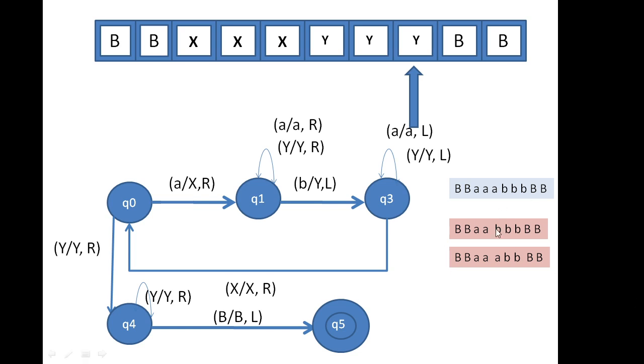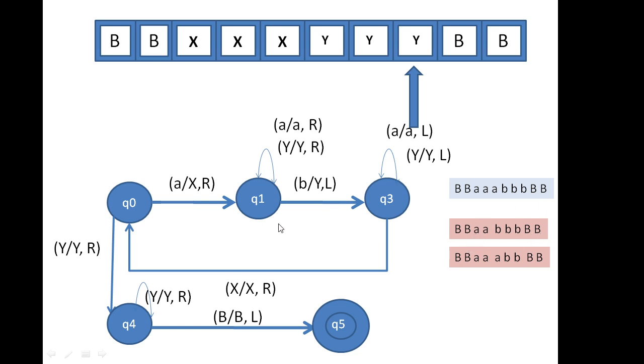Okay, so these are the inputs which will not be accepted by this automata, right? So it is double A triple B. So it is not a string of equal number of A's and equal number of B's, but we have made an automata for equal number of A's and equal number of B's. So this will go into a rejection state, right?